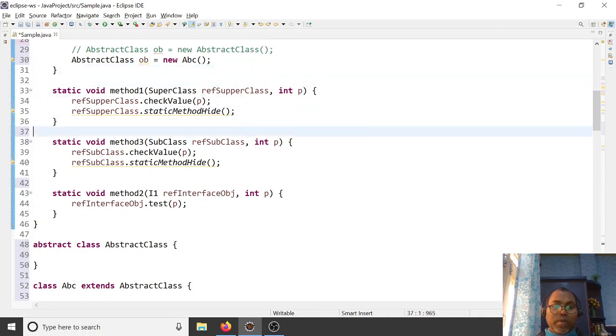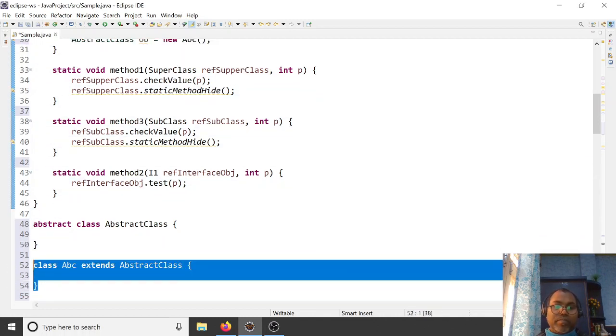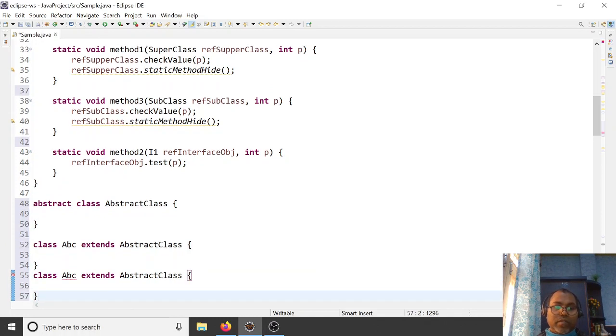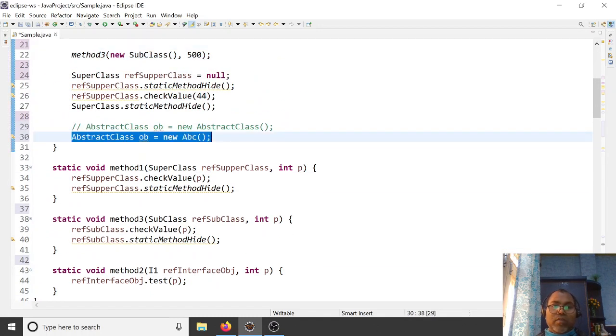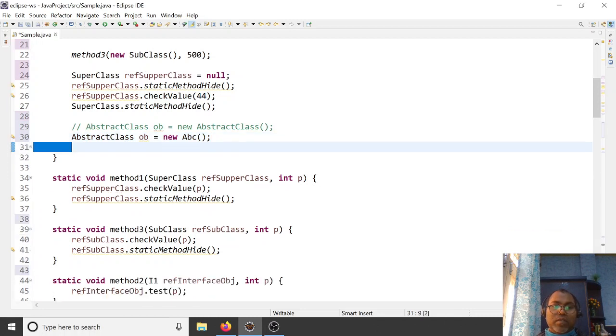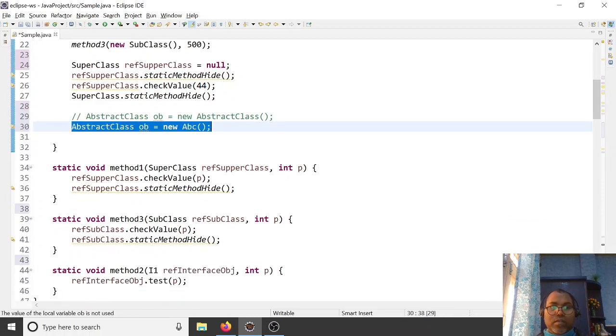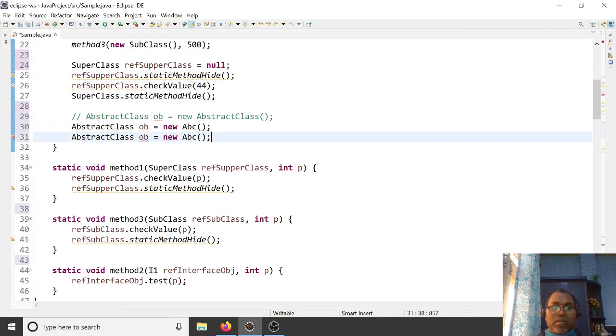There may be multiple implementations, like ABC1. So you can initialize it this way, or you can also initialize with ABC1 as well. Here an abstract class object can be initialized with an implementing subclass, subclass one or subclass two.